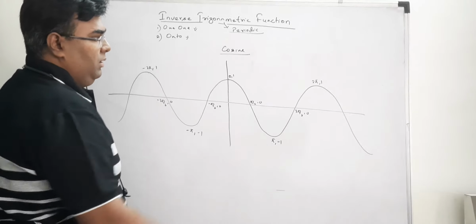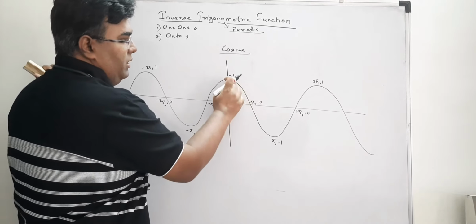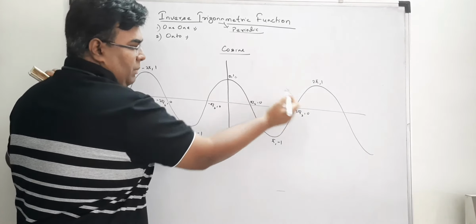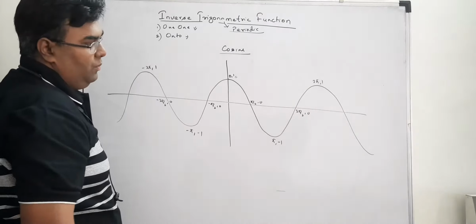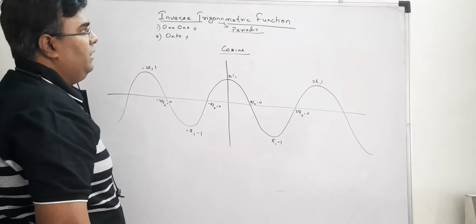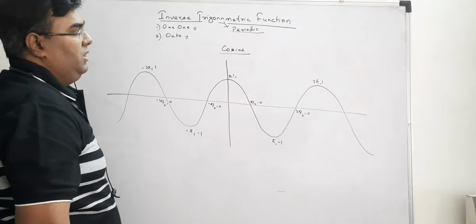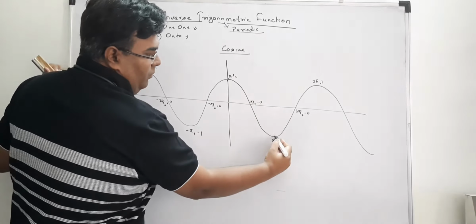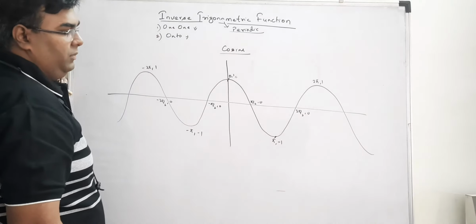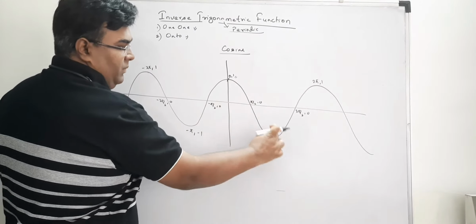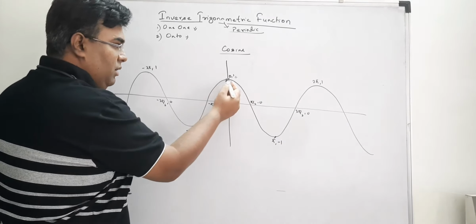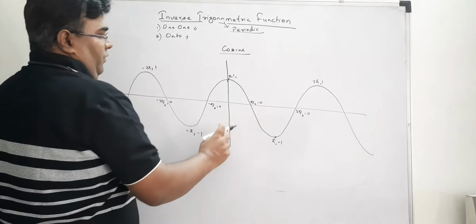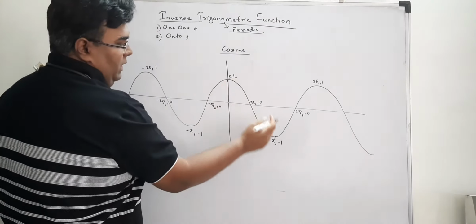You can see from here, 0. So 1 is coming at 0, at 2 pi, at minus 2 pi. 0 is coming at pi by 2, 3 pi by 2, minus pi by 2, minus 3 pi by 2. So we want to make it suitable for inverse function, right? So if we take value from this point to this point, this interval is minus 1 to 1 and on 2. Similarly, this interval is also from minus 1 to 1 and on 2. But for principal values we take only this part.